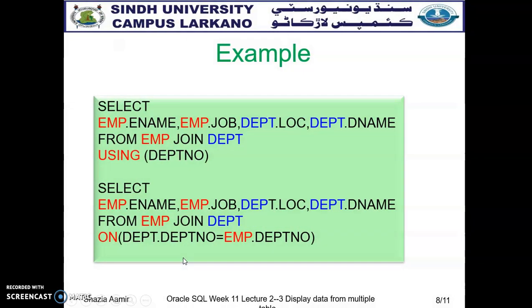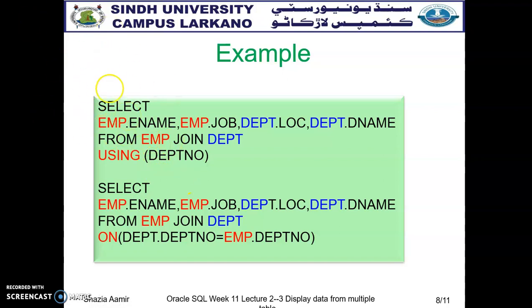Here we have an example that selects ename, meaning employee name, employee job, and department, but retrieves the data from the department table: the department location and department name from employee and join. It must be joined with the department table using the column that is department number. So here we retrieve, and you can use this through Apex software.